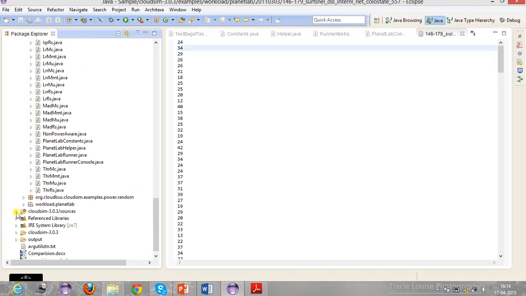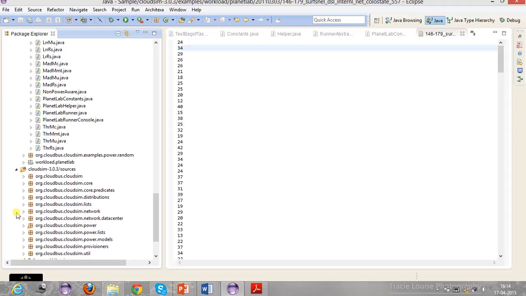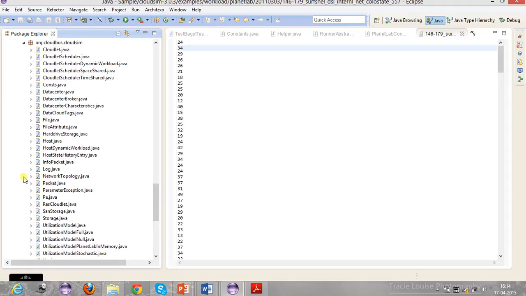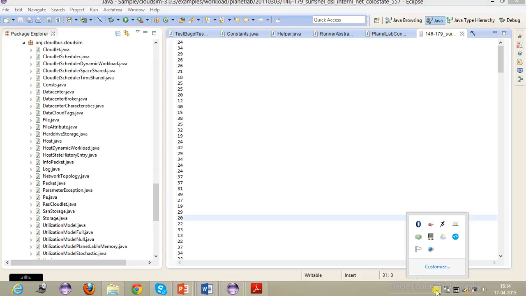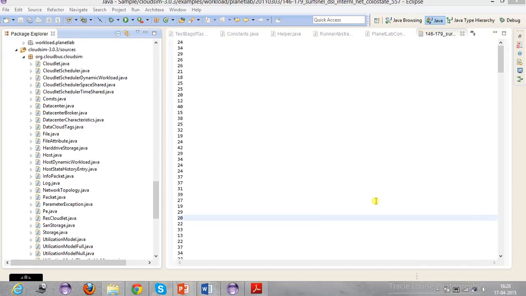There is again one folder, packages, that is Cloudsim 3.03 sources. In there, there is a different number of packages. First is org.cloudbus.cloudsim. There is one package that is org.cloudbus.cloudsim. This package is divided in two categories, that is simulation component, that is host